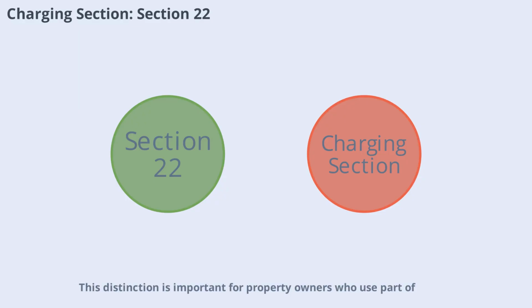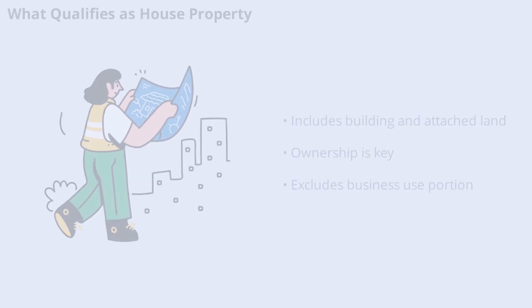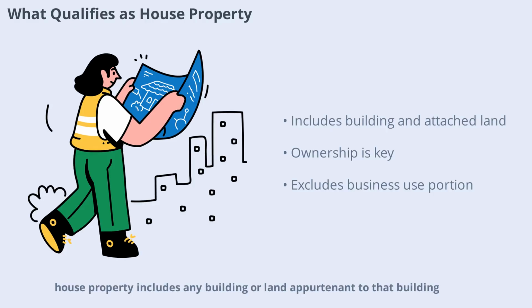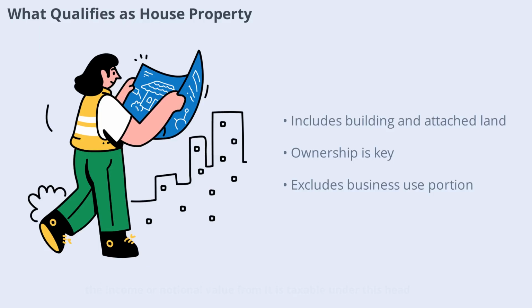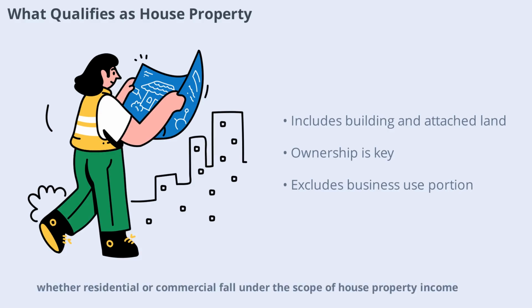This distinction is important for property owners who use part of their premises for business while letting out or holding the rest. For tax purposes, house property includes any building or land appurtenant to that building. This means not only the structure itself but also any land attached to it, such as a garden or parking area. The key condition is ownership. If you own the building or the land attached, the income or notional value from it is taxable under this head unless it's used for your own business or profession. This broad definition ensures that various types of properties, whether residential or commercial, fall under the scope of house property